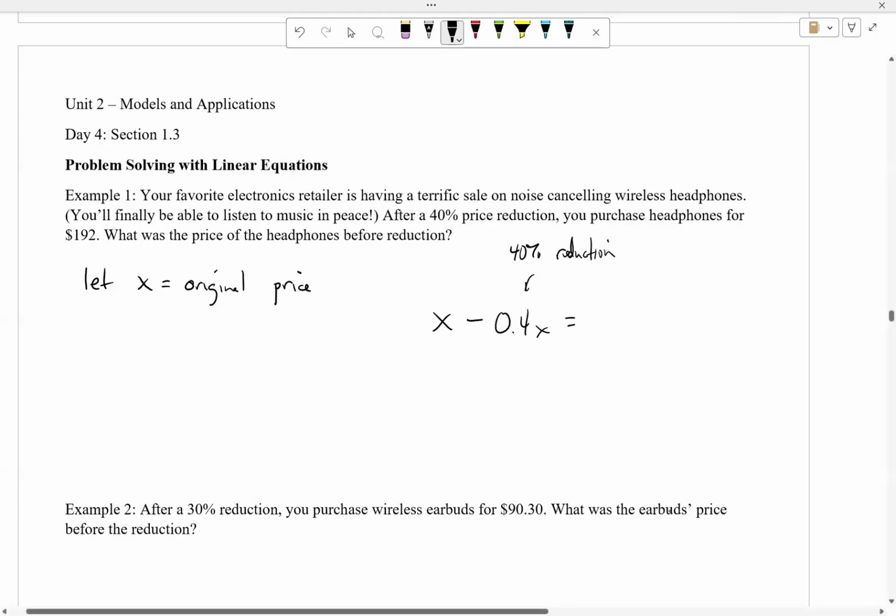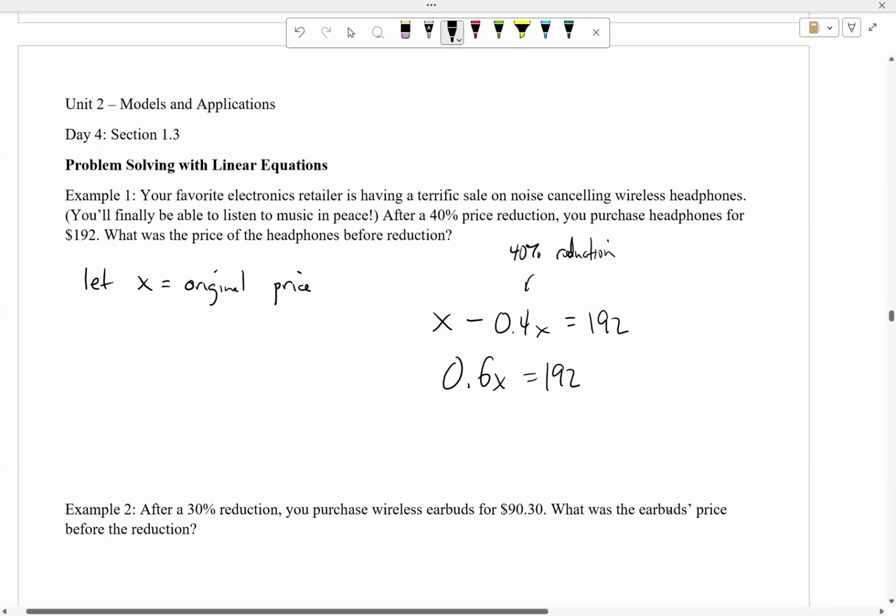And this is equal to 192. Now, what does X even represent? The original price. Yeah, so we have the original price minus 40% of the original price equals $192. What's the next step? Divide. Almost. Subtract. Let's combine like terms. X minus 0.4x is